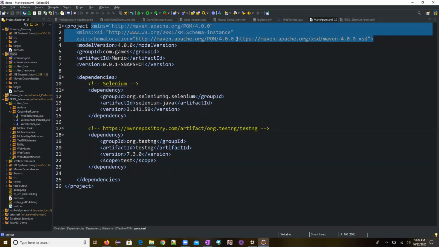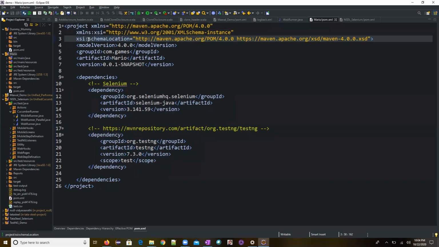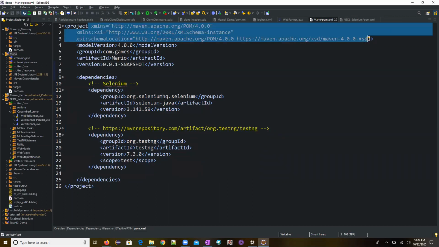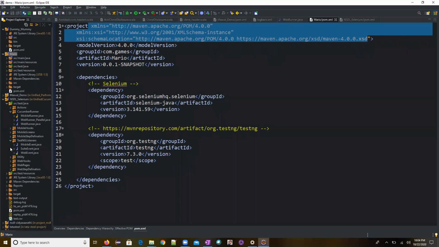Now if you see here, this is the schema location, and it will understand the schemas, meaning how this configuration works. All these things are internal to Maven. Whatever standards we are going to set up are internal and specific to Maven. So if I open any XML file and write it, it will not accept that. For example, do you remember our testng XML files? Where is the testng XML file?